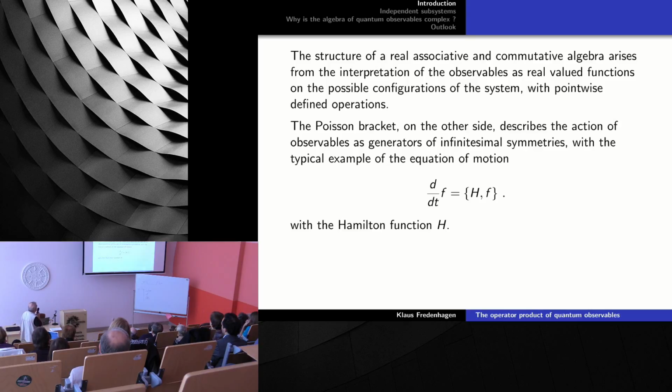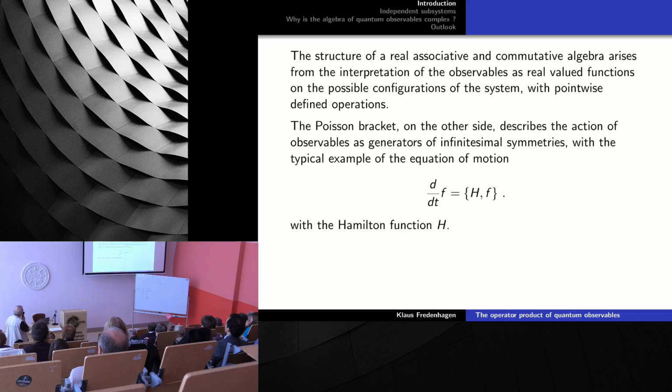Now, the structure can also be easily understood. Namely, first of all, as I already said, we have observables interpreted as real-valued functions on the configuration space with pointwise defined operations. So if we label our measuring values by real numbers, we can just multiply these numbers or add them, and this gives an associative commutative algebra over the real numbers. And the Poisson bracket, which is an additional structure, gives the dynamics in the form of the equation of motion,